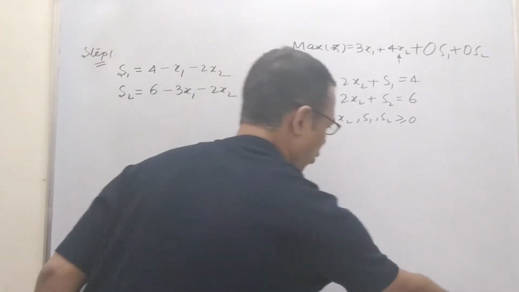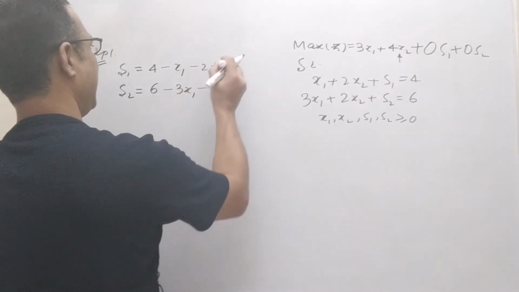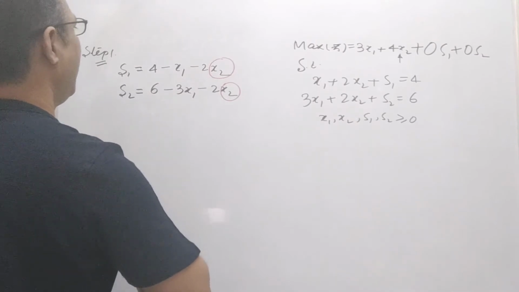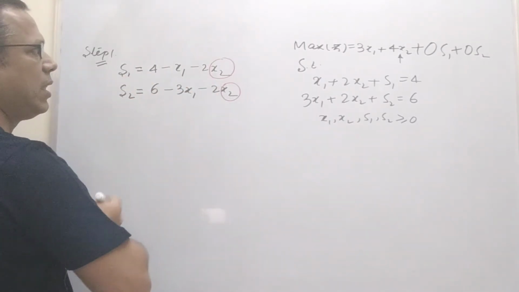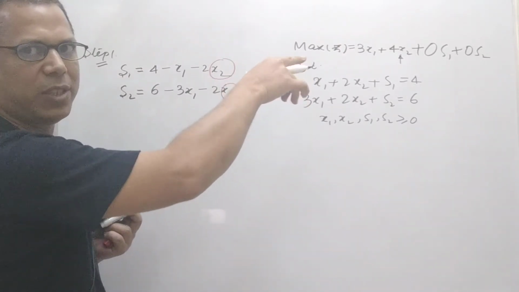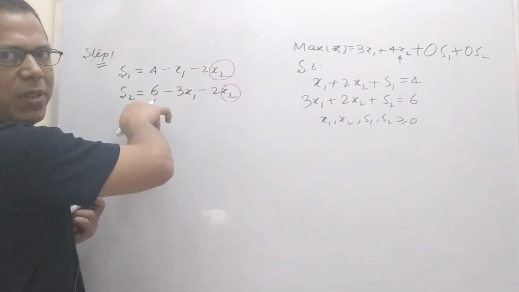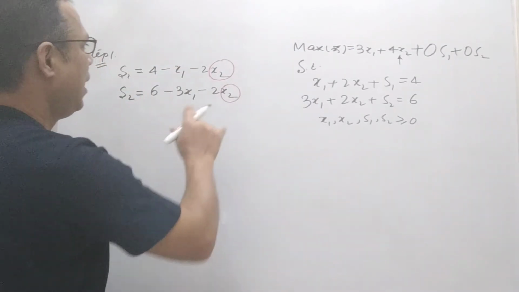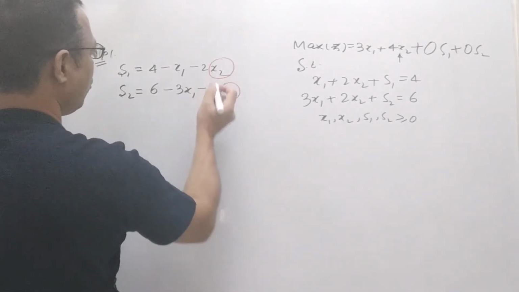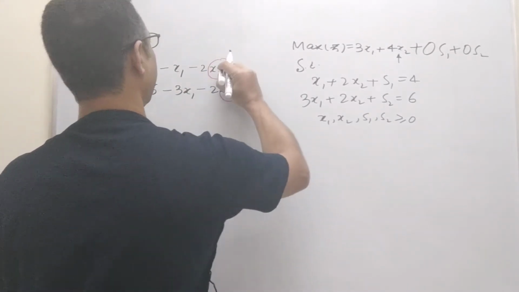It means now in both the equations here is x2 and here is x2. Which variable is going to leave the basis, we need to find from the constraints. From the objective function we find which variable is going to enter into the basis, and from the constraints we check which variable is going to leave the basis. So now we need to check for x2, if we put x2 here